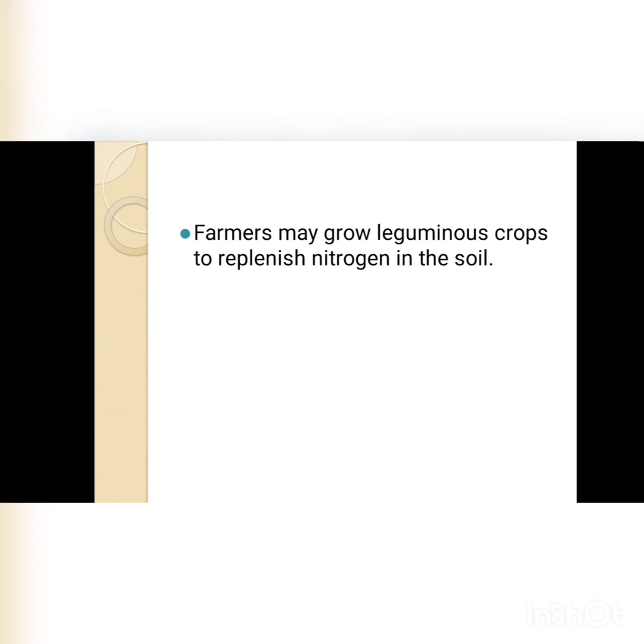Clear? So they replenish nutrients by adding manures and fertilizers, and then by using leguminous crops, as rhizobium bacteria are present in the roots of leguminous crops. Which crops are leguminous crops? Peas and beans are known as leguminous crops. So that is all about your chapter, Nutrition in Plants. Thank you for watching this video.